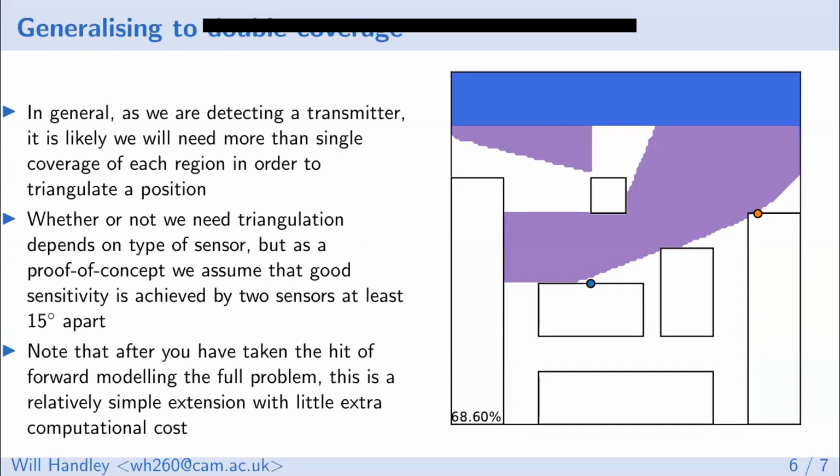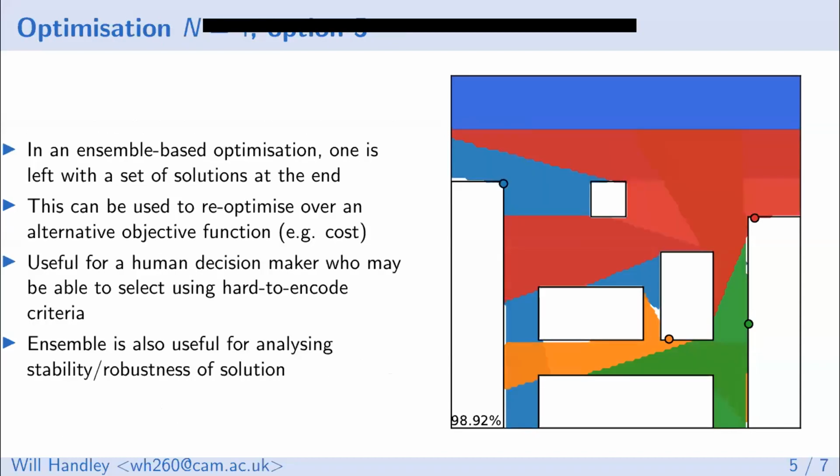So after that, this is where we go on to a new bit that I didn't discuss yesterday in the brief presentation. We realized that we needed to make this problem a little bit more realistic, because we're trying to detect a transmitter, so you're not just looking for covering everything by at least one region. In this case, for example, this is one of the only regions where you have a triangulation between the blue sensor, the red sensor, and the green sensor. So if you were assuming sensors that only had yes or no detections, the only bit where you'd be able to pinpoint anybody would be in this crossed-over region.